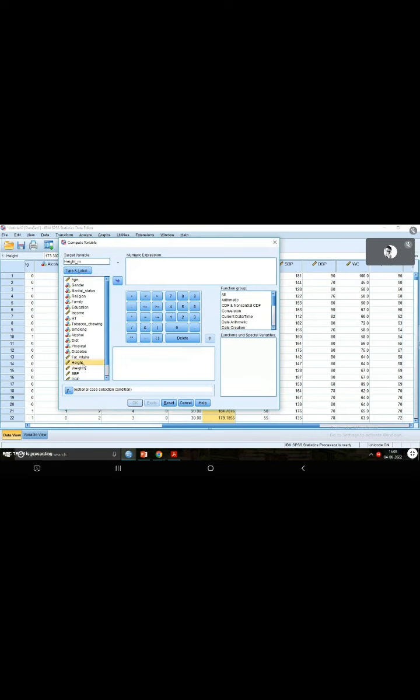You know that this variable height in the data set is already measured in centimeter. You just have to divide every value of height by 100, and that will give you height in meters, right? So I'm using this divide symbol and dividing it by 100. That's it. You just type the expression here and click OK.